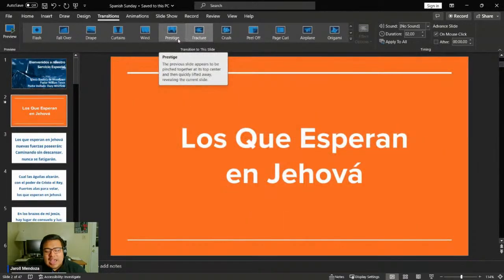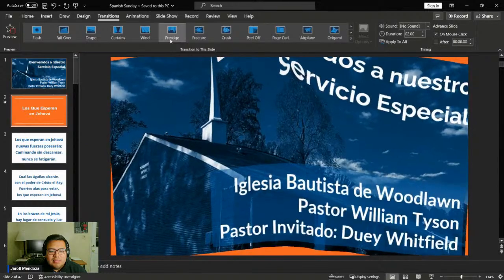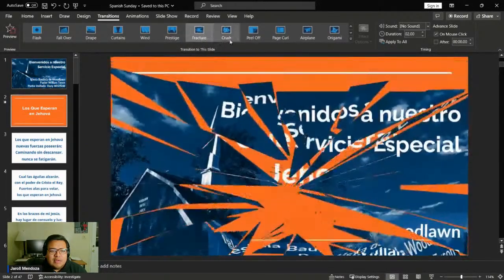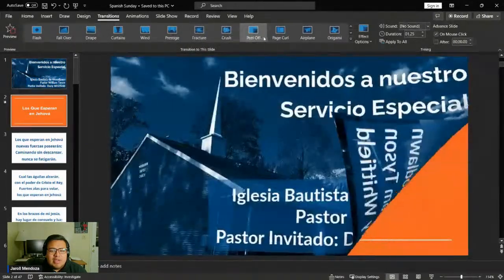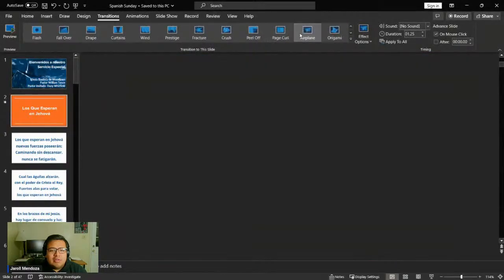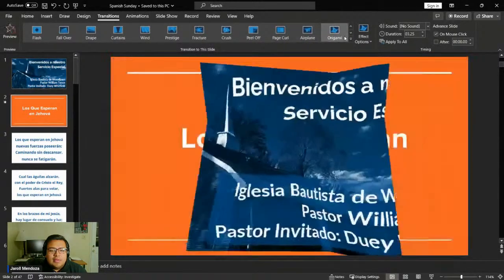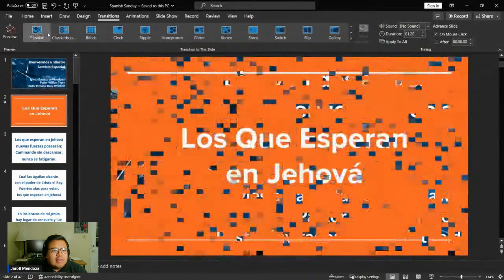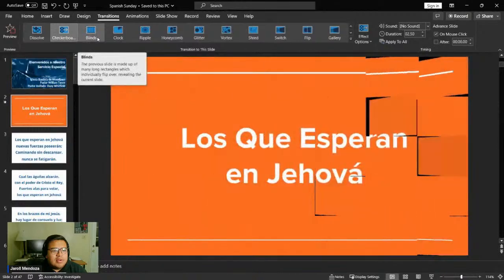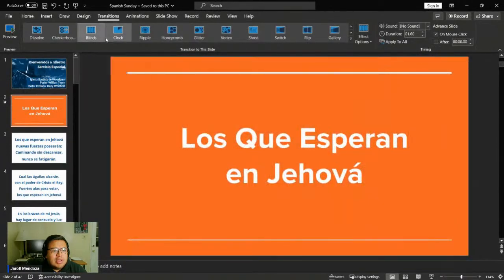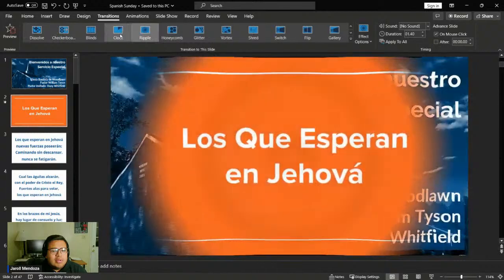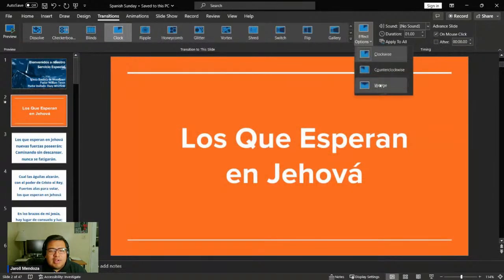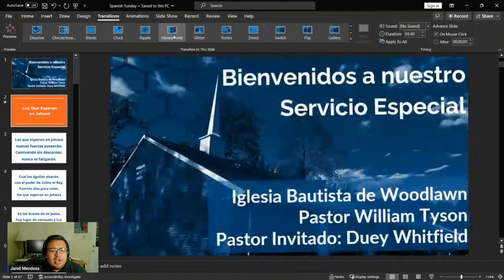PowerPoint's always been known, at least for me, for having the most interesting transitions between slides that you could have. Proceed, pulling away, fracture, crush it out of the way, peel off, page curl, paper airplane, origami. That thing flies away. Where are some of the other ones? Dissolve, crossbar, or checkerboard, blinds, clock, ripple. With the clock, you can affect it with how many spokes are counterclockwise and wedge, ripple, honeycomb,